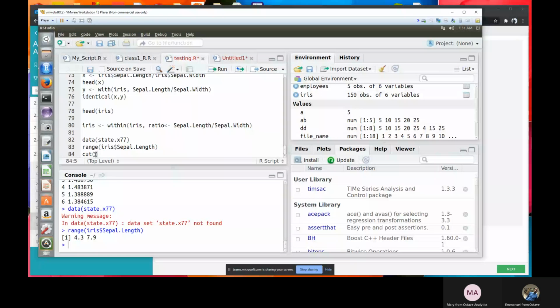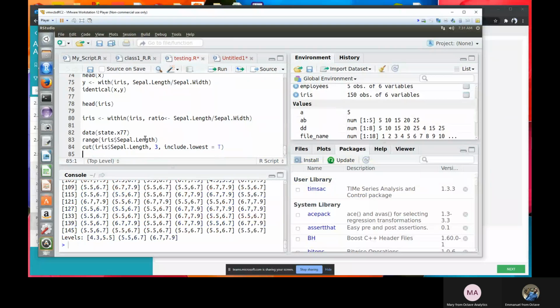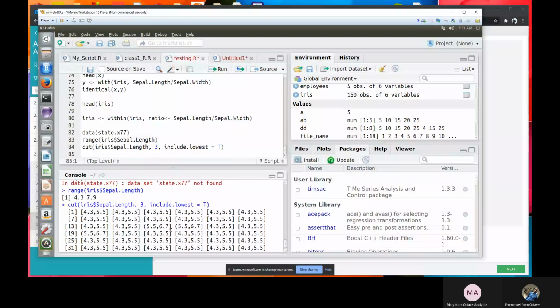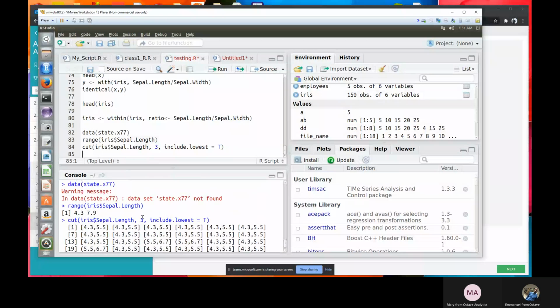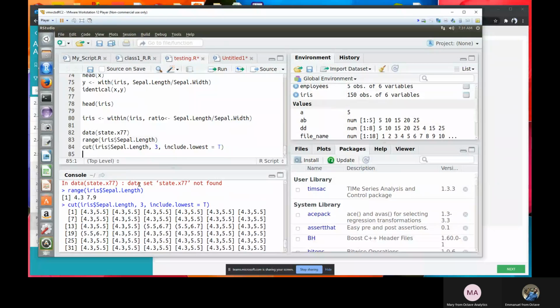I want to divide this into three subsets, with include.lowest equals TRUE. So this is what you have. Apparently this is what it does for you. It creates three categories.